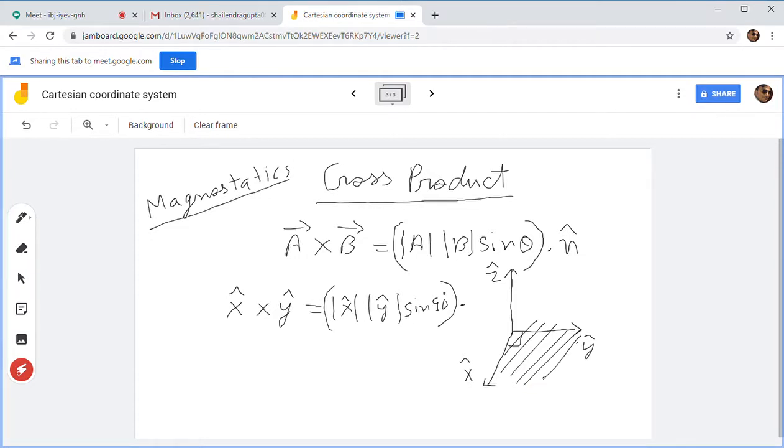The convention is that you can find the resultant vector by the right hand grip rule. So what is the right hand rule? You have to use your right hand, and point the fingers in the X direction, and then rotate towards the Y direction. Wherever the thumb points, that will be the normal vector to this XY plane. Let me show you with visual graphics.